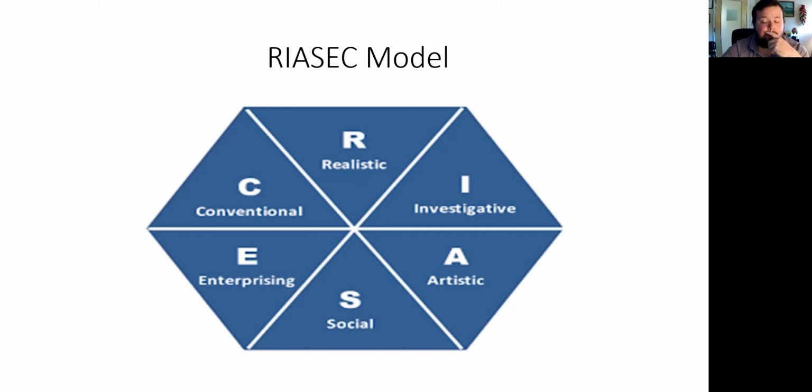So when you take some sort of assessment, for example, there's a free assessment through the Department of Labor known as O*NET, you're going to get some sort of code. You can use this code to find what occupations match. For example, if I get social, artistic, or investigative, there's going to be a list of occupations that connect to those codes. For example, that could be a social scientist, a psychologist, an educator,